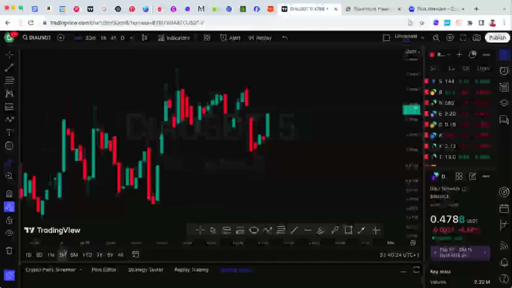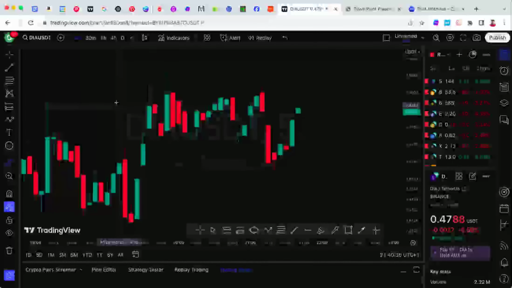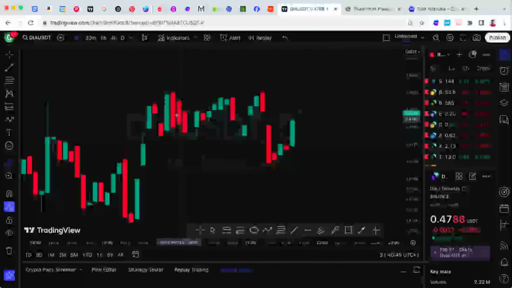So when you say 5 minutes, 30 minutes, 1 hour, and the daily time frame, you're actually seeing price represented in different time frames. So the market moves differently. There is a whole lot of volatility when it's lower, and there is a smaller move as it becomes bigger. Okay, so here in the 5 minutes, for example, from this pair here, which is DIA USDT, you can see that